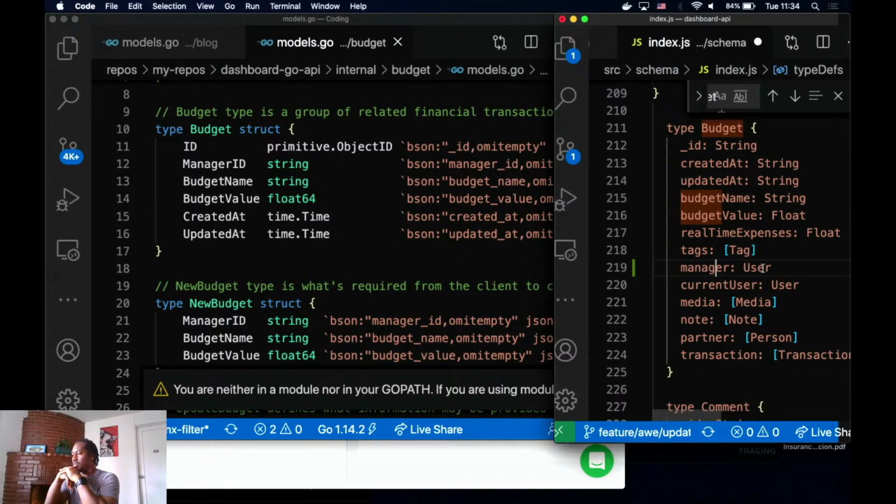A budget has a manager. That manager will be a user for sure. All right.